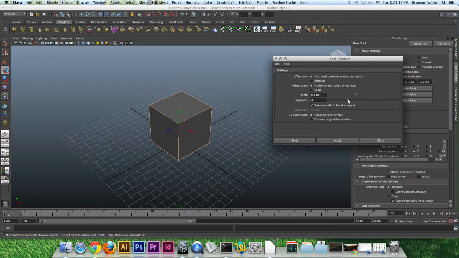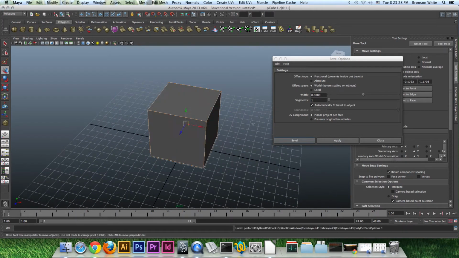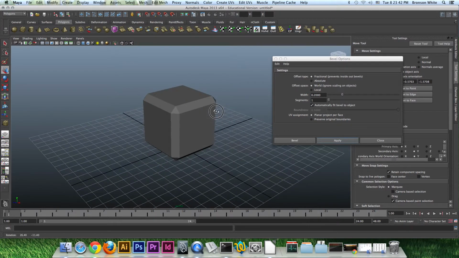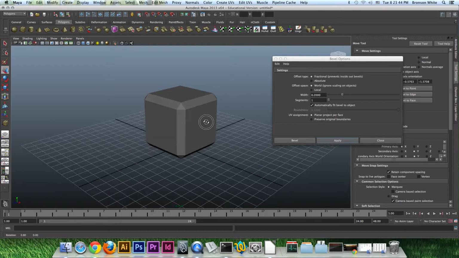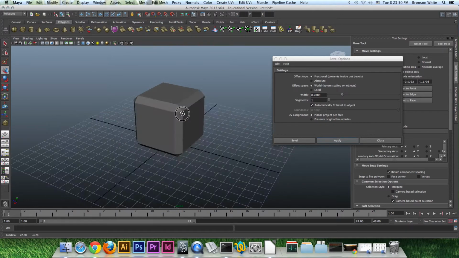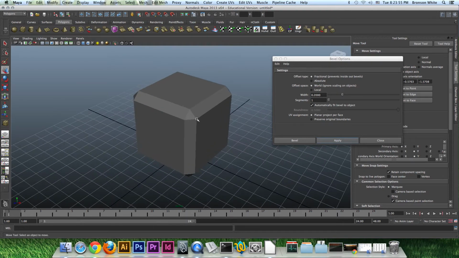Okay, so set our settings. So this is what it does by default. And if you apply it, you can see that it goes through and it adds in extra edges. So I'm going to change the width down, something a little more reasonable. Apply. Okay. So as you can see, it physically beveled the edges. It calculated where the edge was and then redrew it based on that, and so instead of being square, it's now cut off. The problem with this is that if you look,